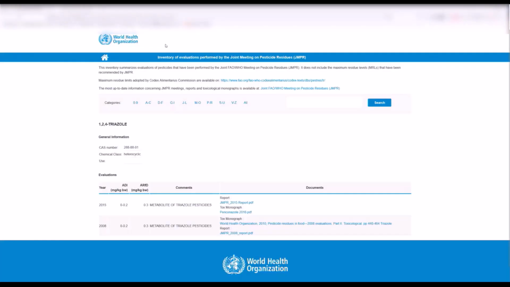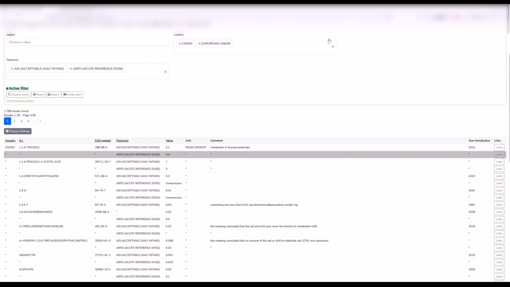If I click on this link, the system is going to provide me with access to, in this case, the World Health Organization, where I can see exactly the value for this active ingredient. As I said, it is quite an easy to use and basic type of module. But for those users looking for this type of information, it is a really useful module because in a couple of clicks, you are going to have information that otherwise might be a little bit more difficult to get.